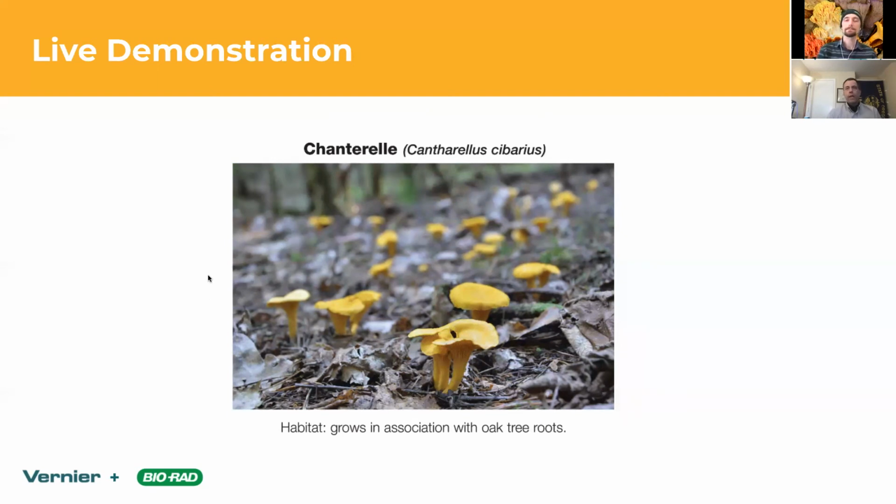I know that down in California, they tend to create mycorrhizal associations with oak trees. Up here, they're different ones. But you can imagine that if you were a chanterelle and you've developed a symbiosis with an oak tree, you might not want to digest it. And so that's the really cool question that you can ask your students: based on the 3 habitats that these things are found in, where they're found, what they live with, do you think they would process more cellulose or not?